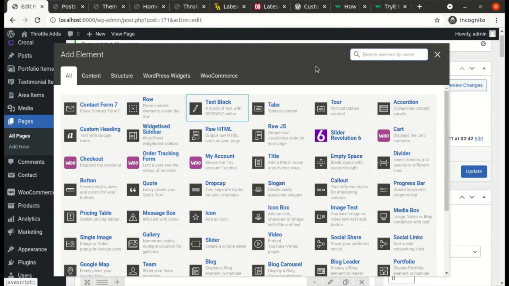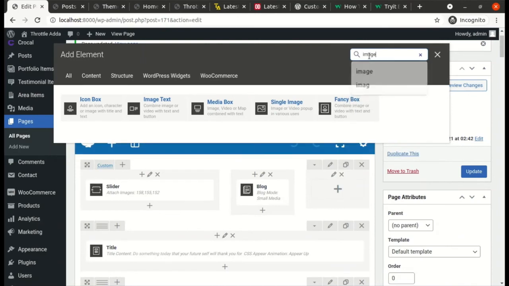So for an image, we will type image in the search box. So there are so many options, so many features that WP Bakery gives. Now we need to understand each and every option and only then use it. Icon box. Now this icon box will tell you that if for example, there is a section where you need to display the features of your product, so you use these icons, and next to the icon or below the icon, you can display a small description or a title for that icon.